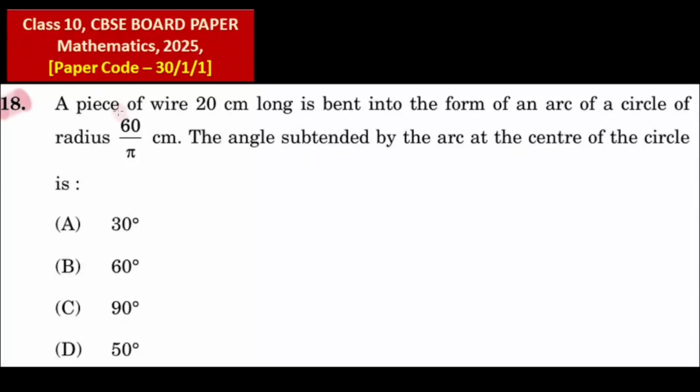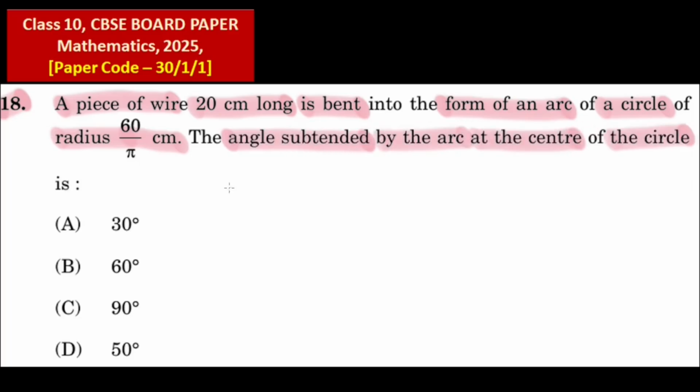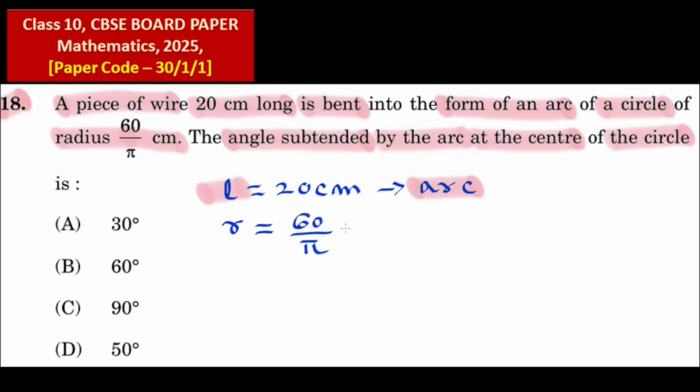Question 18. A piece of wire 20 centimeter long is bent into the form of an arc of a circle of radius 60 upon pi centimeter. We have to find the angle subtended by the arc at the center of the circle. Length of wire is 20 centimeter and it is bent in the form of an arc. L is length of arc. Radius of circle R is 60 upon pi centimeter and we have to find the angle subtended theta by this